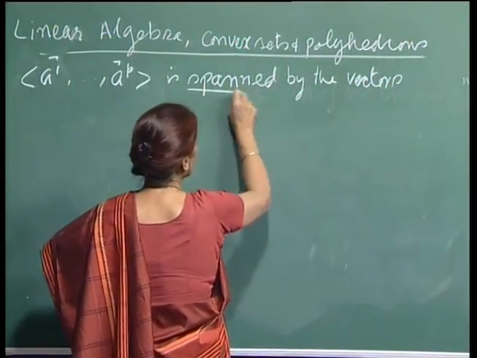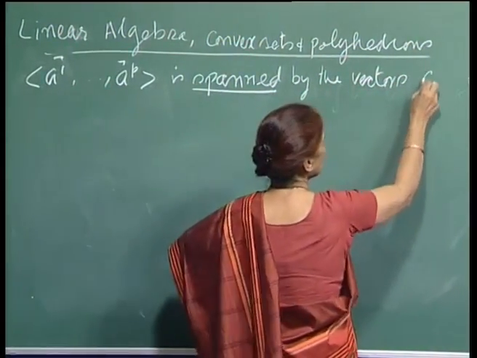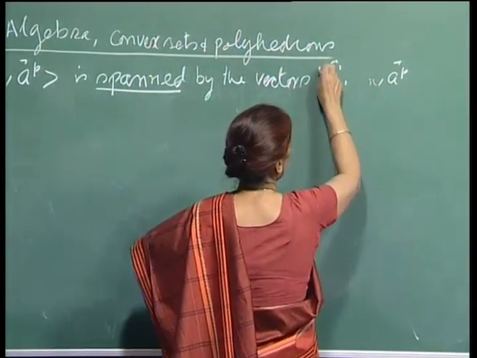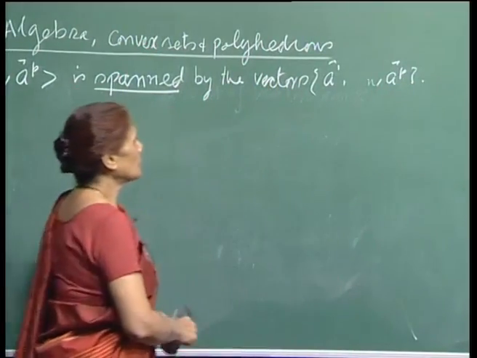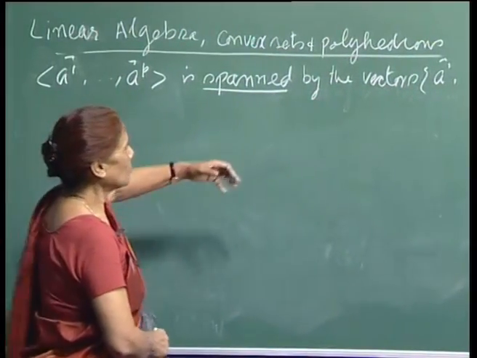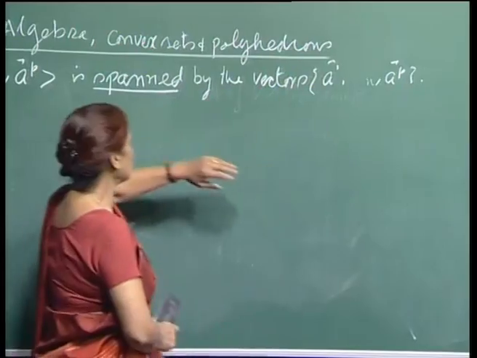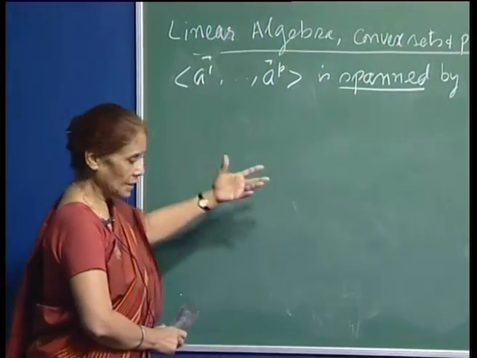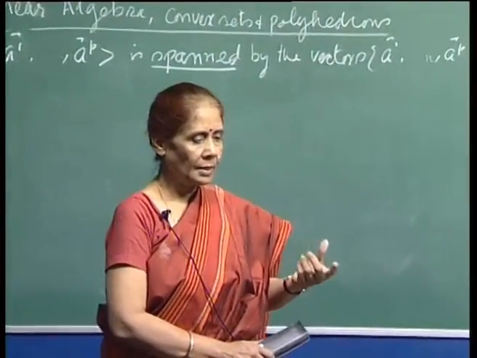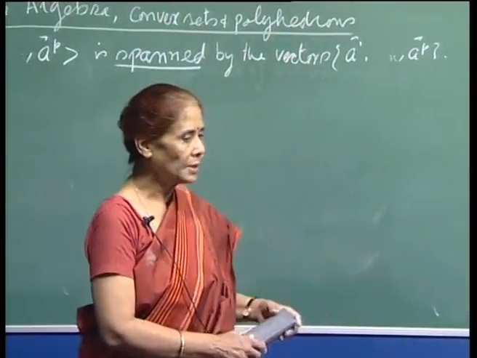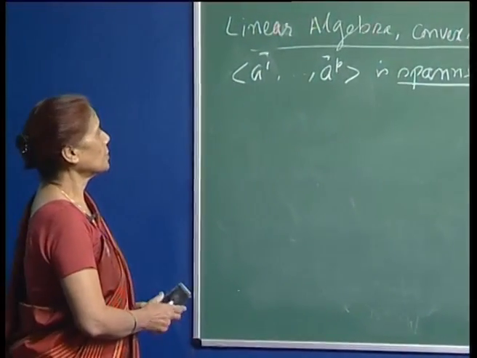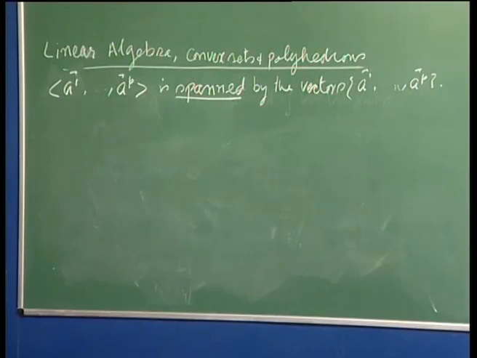So spanned is the word which is underlined, by the vectors A1 to AP, right. Span means that any linear combination of this set of vectors is here. So that is what we say, that if a set is spanned by a set of vectors, then that means that set has all possible linear combinations of that set of vectors. Okay. So this is spanned by the vectors A1 to AP, and so now what we are looking for